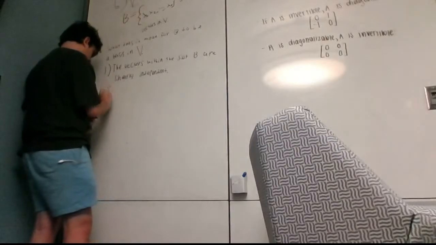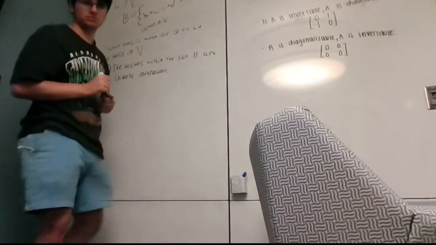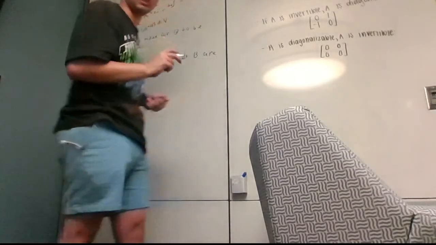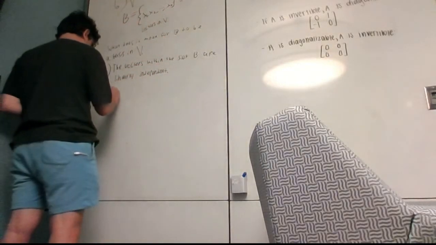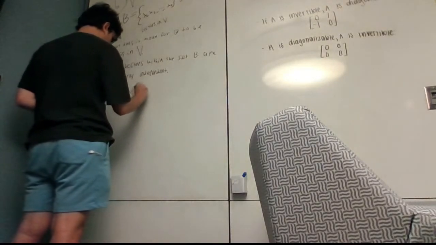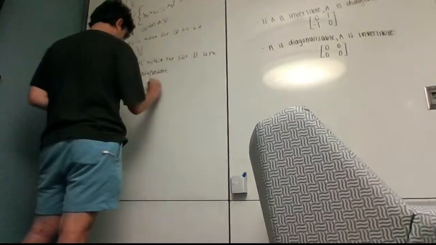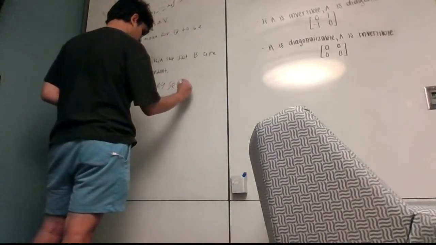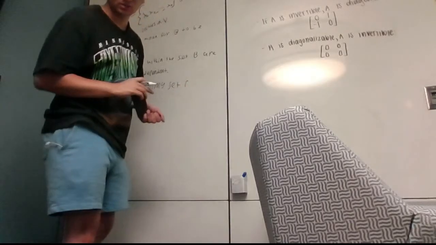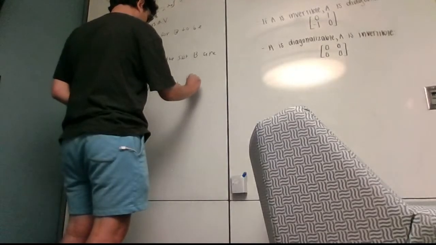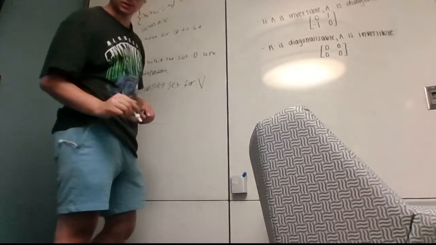And 2, I don't remember what 2 is. Oh yeah, B is the spanning set. I need to say this one. Spanning set for V. So that would mean